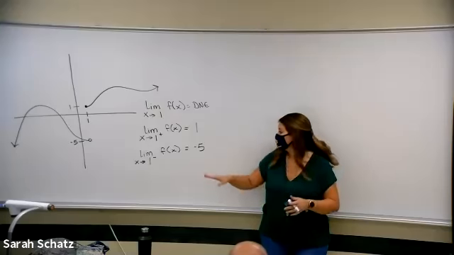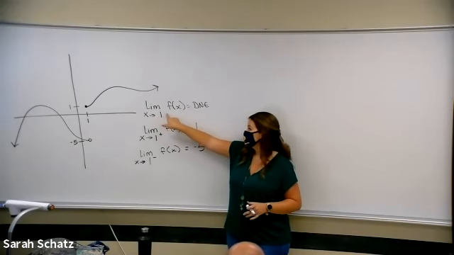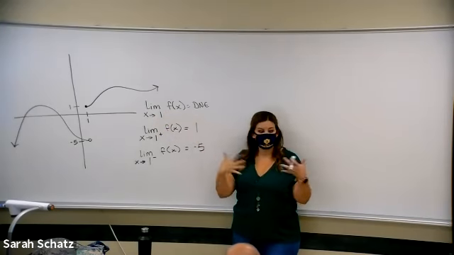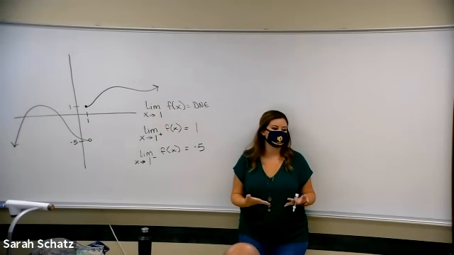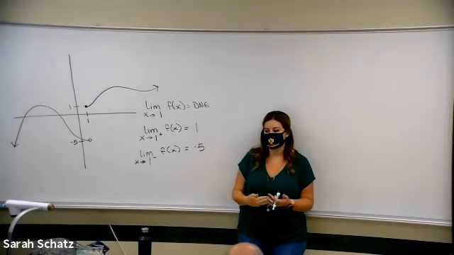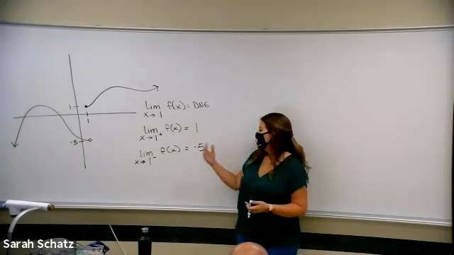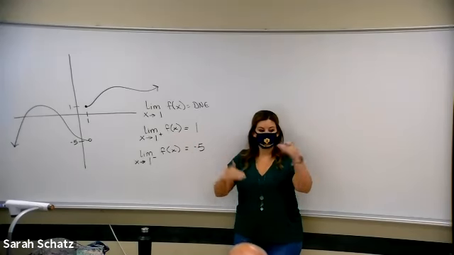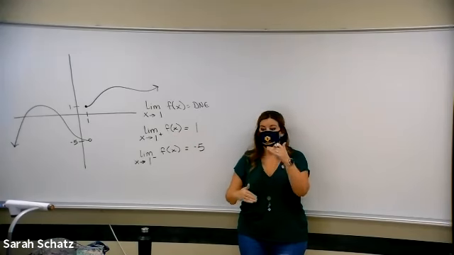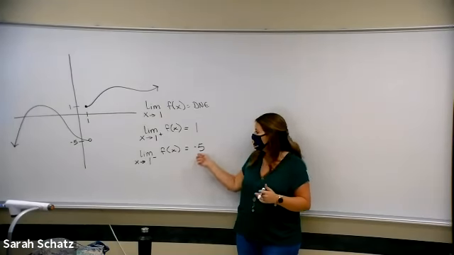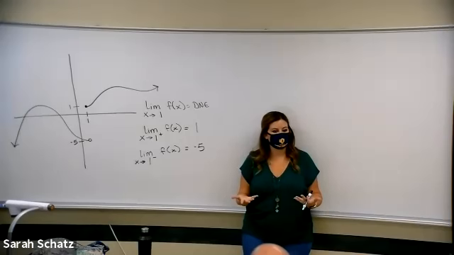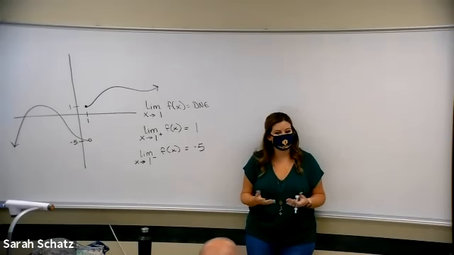And of course, the double-sided limit, if it's not specified, we assume both sides, that's never going to exist. But if I do want to talk about a limit at this point, I can specify and say which direction I'm coming from, and both values will exist, and they will be different. That's the whole reason why the double-sided didn't exist.